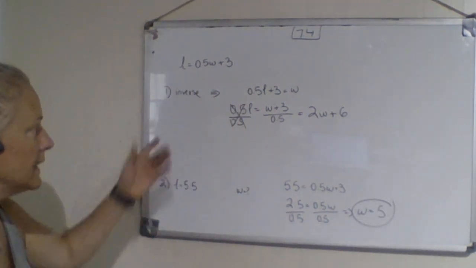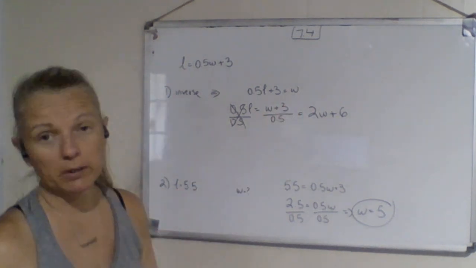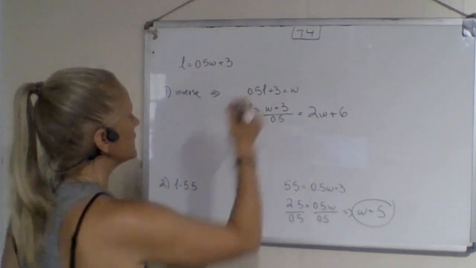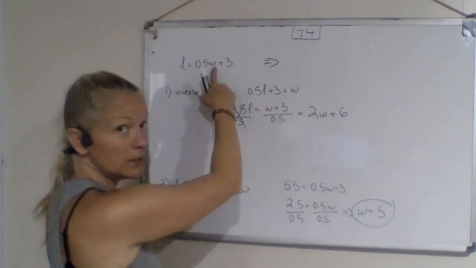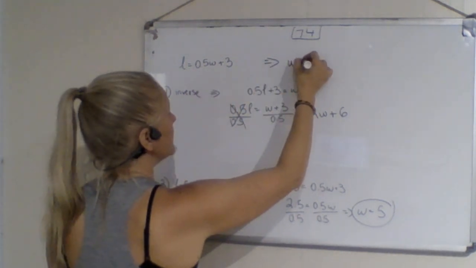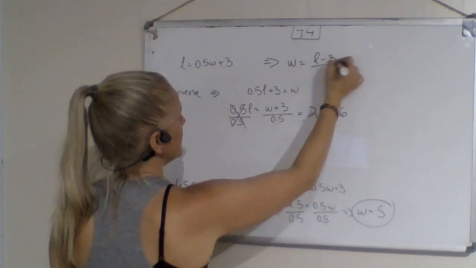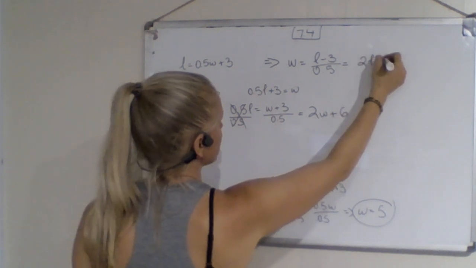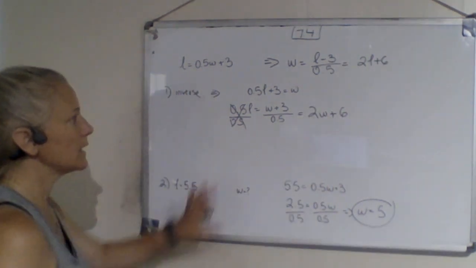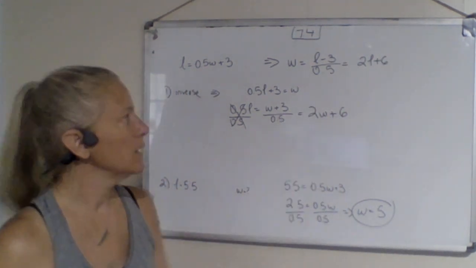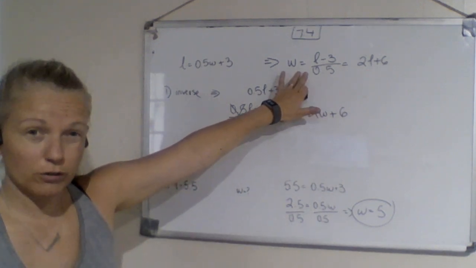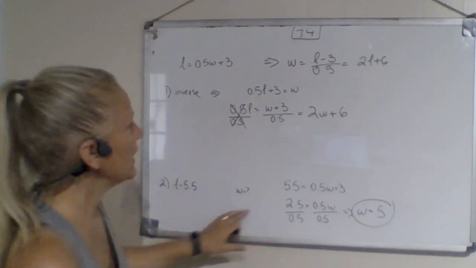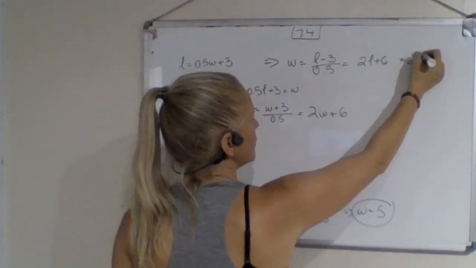Now, the way they did the inverse, they literally just solved for W. Instead of going through all of this, they just went, okay, if I want to find the inverse, I need to solve for that W. My weight equals L minus 3 divided by 0.5, or equals 2 L's plus 6, which is the same thing, except that we here officially switched them. Why would that be easier if you just go for the weight and solve for the weight and consider that the inverse? Because at this point, all I had to do is plug in here 2 times